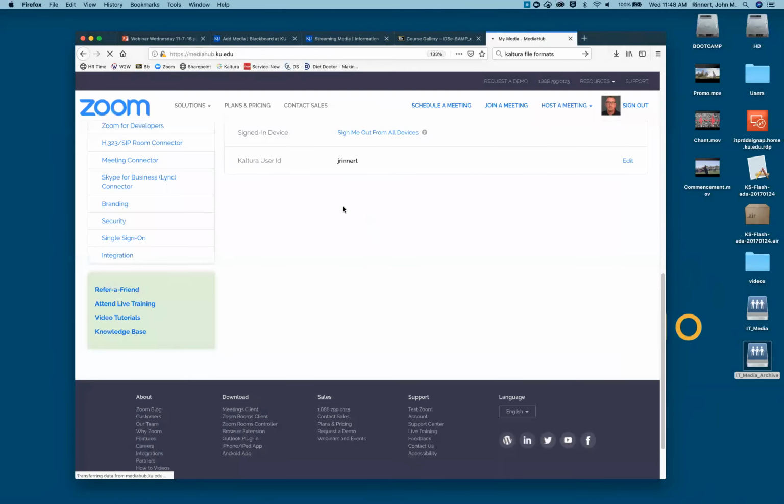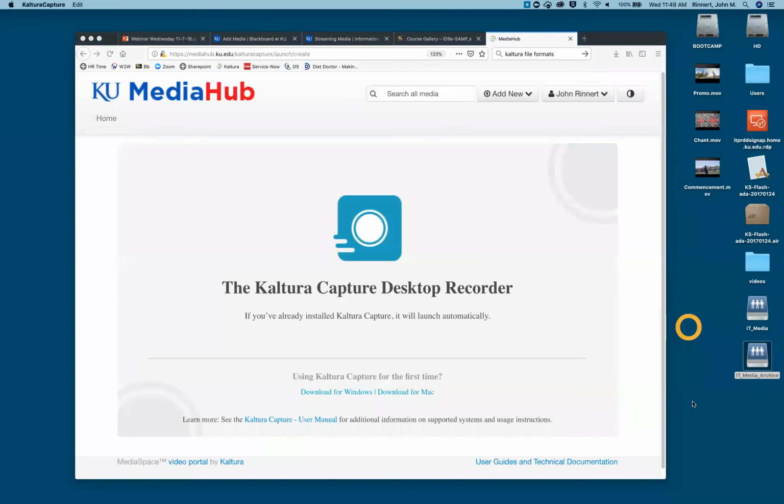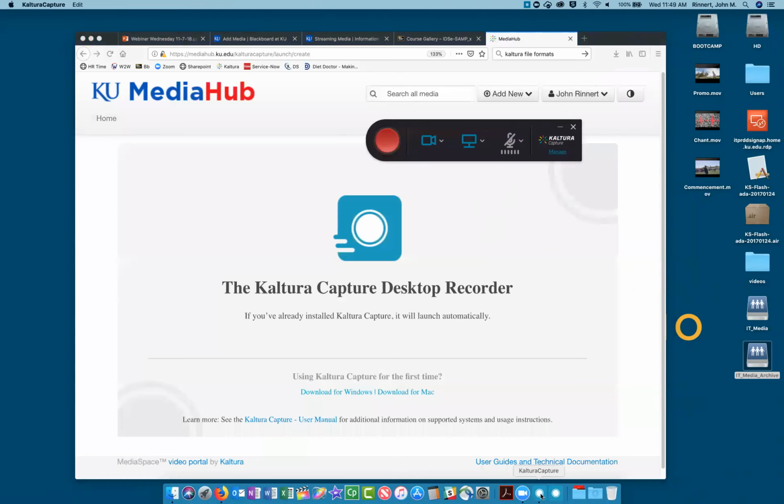It doesn't love that. And I'm using it for Zoom. Sorry. I want to do add new, Kaltura capture. And I'm going to open the link. Oh, now I have two instances of here. Perfect.